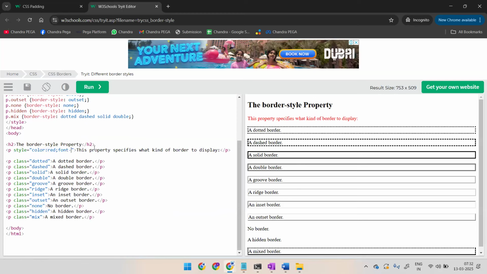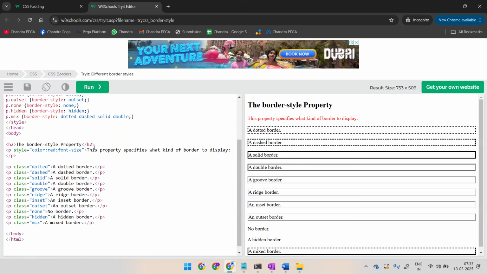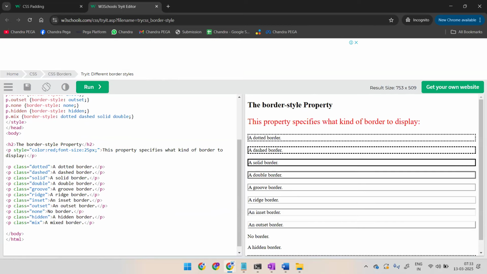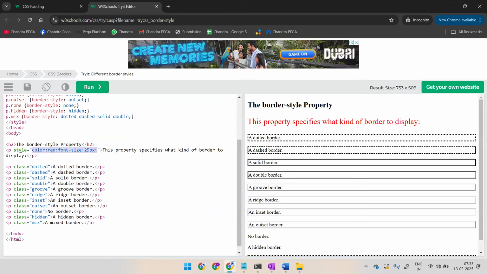So maybe font-size, something like 25 pixel. And again, you have to end with a semicolon. Again, click on run. You can see this respective set of styles are applicable only for this text, right? Okay. Now,